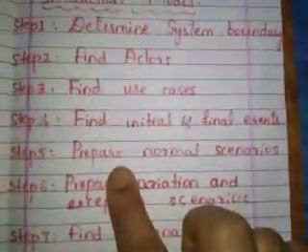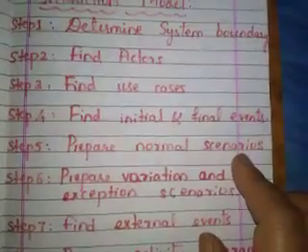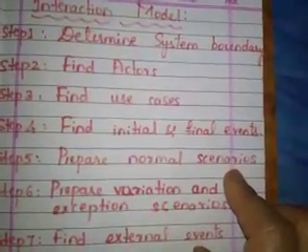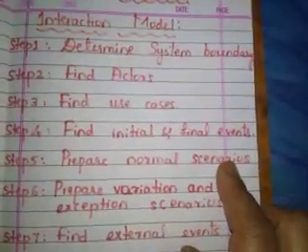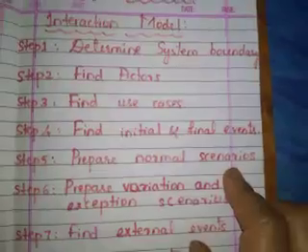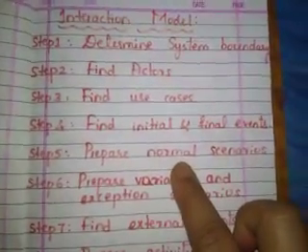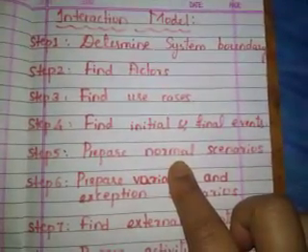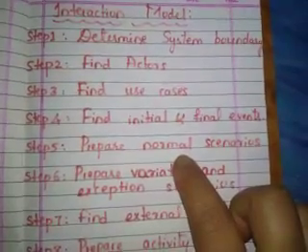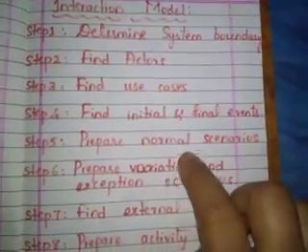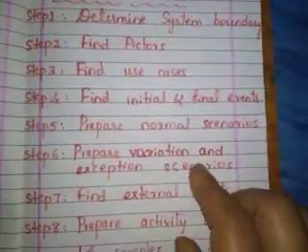Next, we should prepare the normal scenarios. In the preparation of the normal scenarios, we are excluding the errors that can happen. In the normal scenario, I'll just say the system is working as expected, no problem is arising. So I say the customer inserts the card properly, enters his PIN correctly, enters the cash in the denomination properly, and collects the card and cash. So this is a normal scenario, but we should think about the variations and the exceptions also.